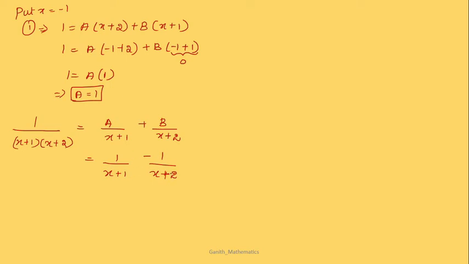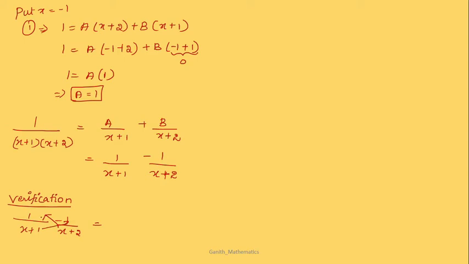We can verify by simplifying it. So, verification: I can check whether I have done the process correctly. What I have done is 1 by x plus 1 minus 1 by x plus 2, so I am going to find whether it gives the original expression. I am just taking a multiplication like an LCM.